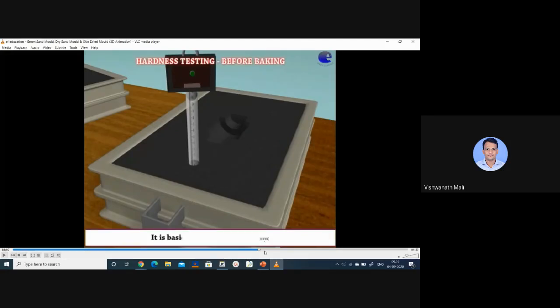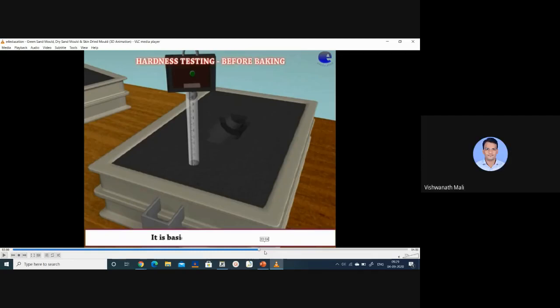And once it is prepared, it becomes hard, and it will not affect the pattern, or the cavity also. Okay, sir. We are not heating the pattern. Actually, we are removing the pattern and then we go for heating first.